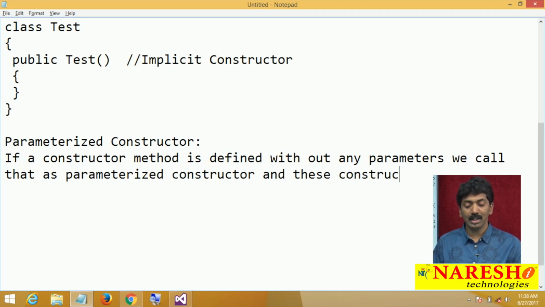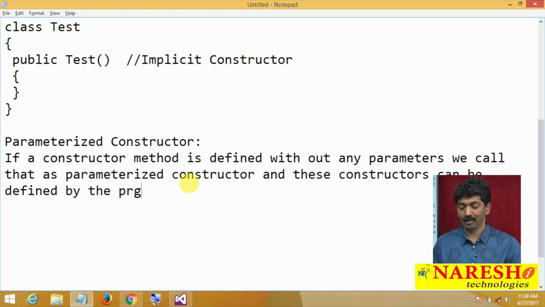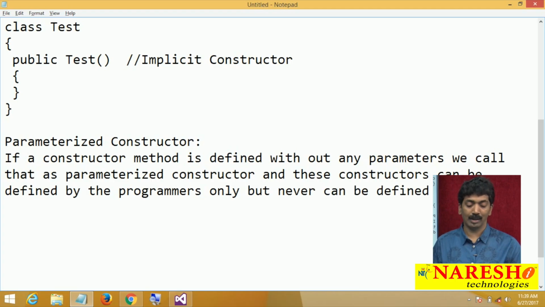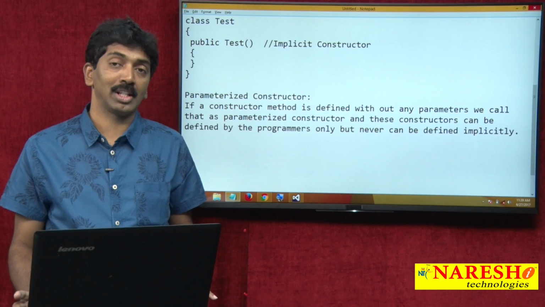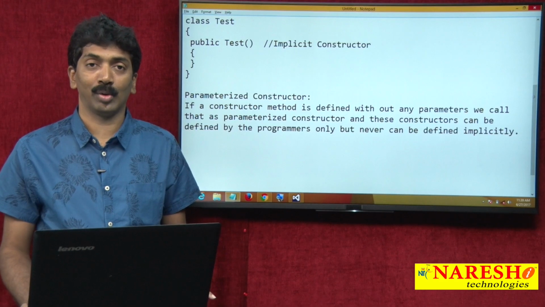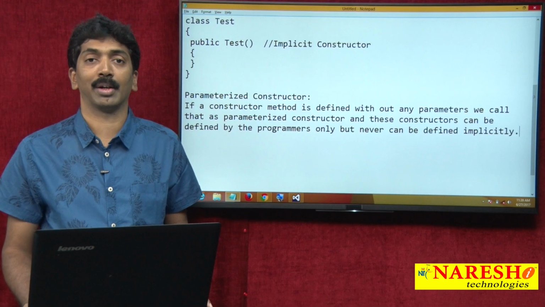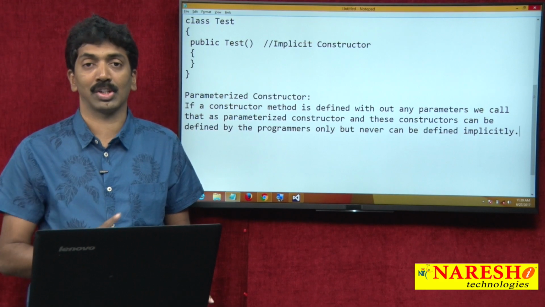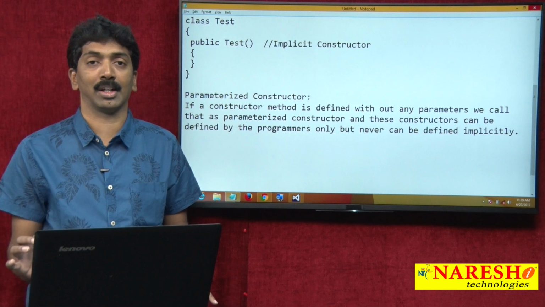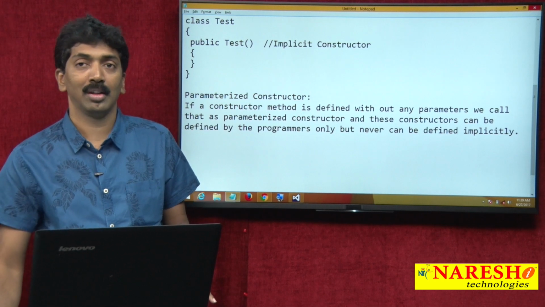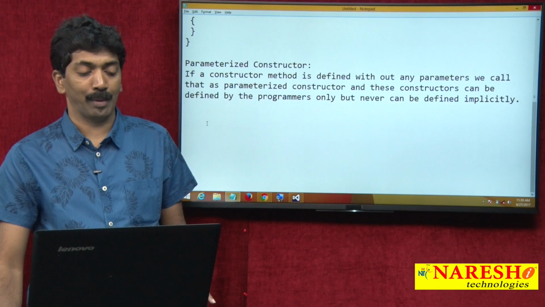These constructors can be defined by programmers only. If a constructor is parameterized, one thing is guaranteed: it is defined explicitly by a programmer, because implicit constructors cannot be parameterized. Implicit constructors are always parameterless. So that is what a parameterized constructor is.